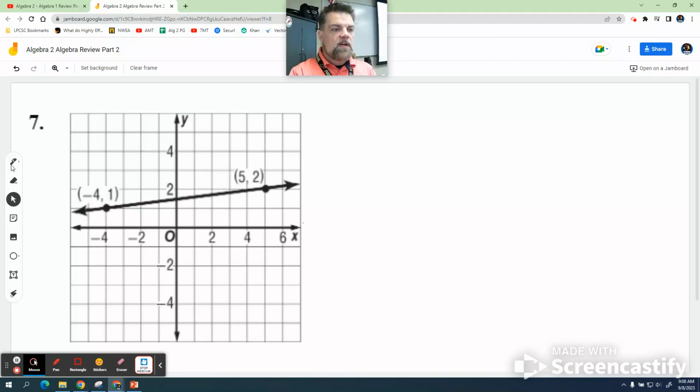So on this one, same thing. We want to write the equation of the line, which is y equals mx plus b. All right, so I need to find out what the slope is. Remember, the formula is y sub 2 minus y sub 1